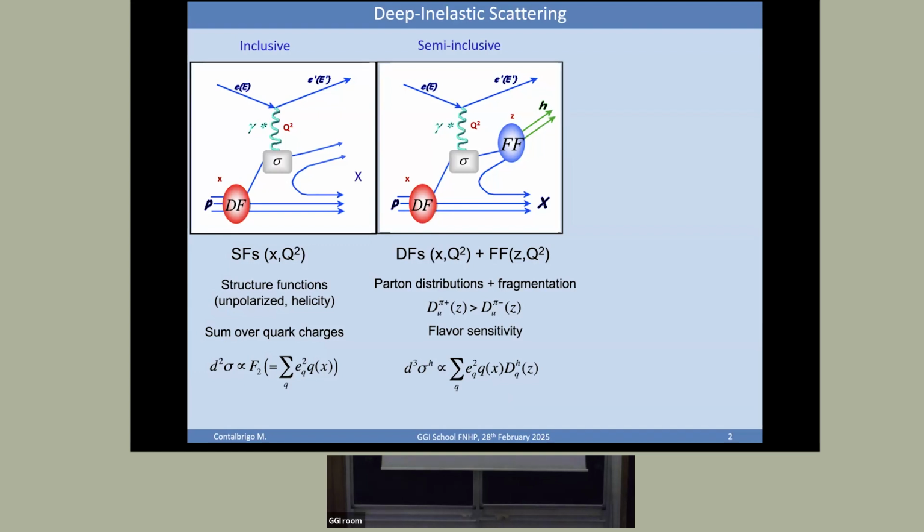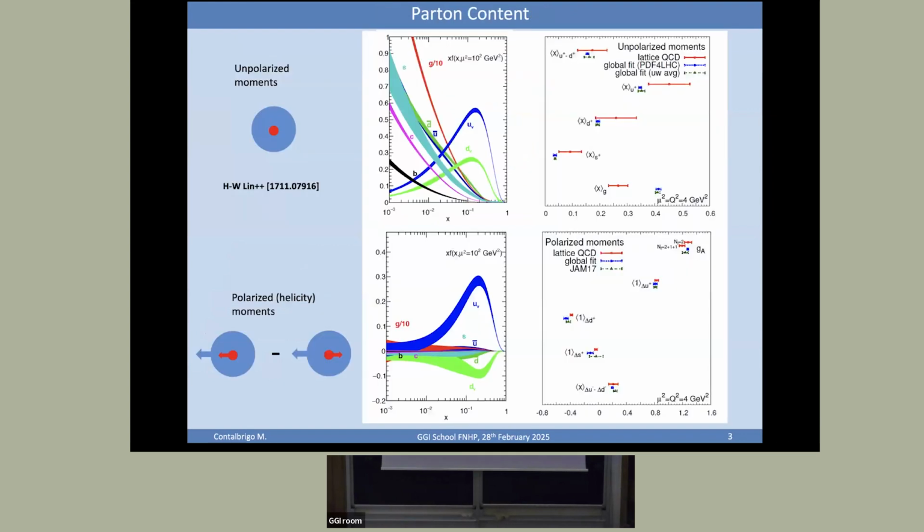Okay, and you do not need a more involved fragmentation to create different quarks. So this was done in Deep-Inelastic scattering, but also in other reactions,